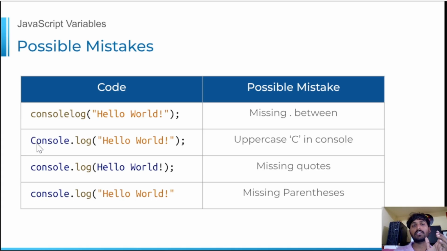If you use a capital C, we get an error. And also here we are missing double quotes. And also here we are missing parentheses. These are some possible mistakes. As a beginner, you may make these possible mistakes while coding and practicing. Okay, after that